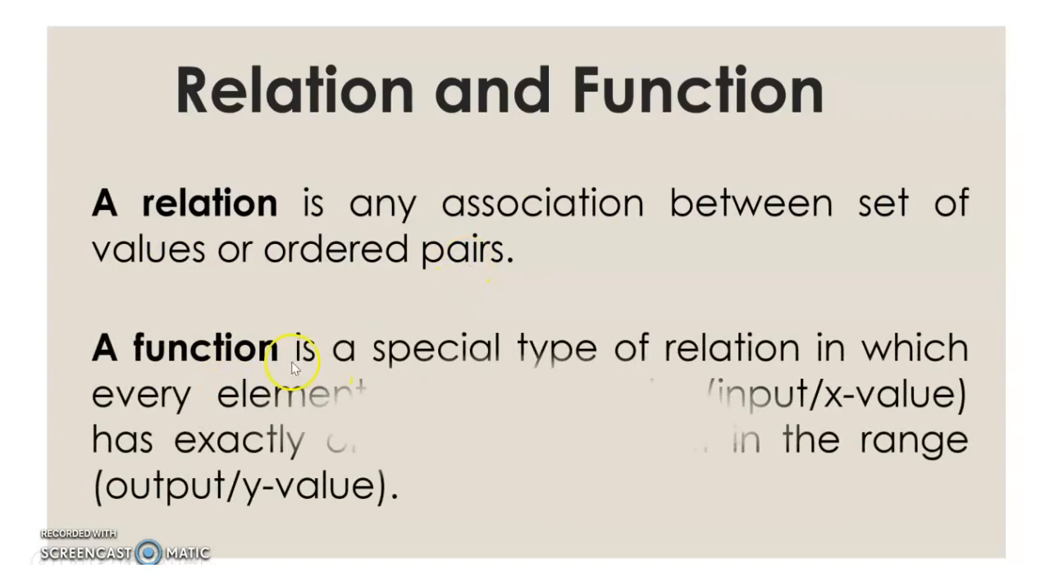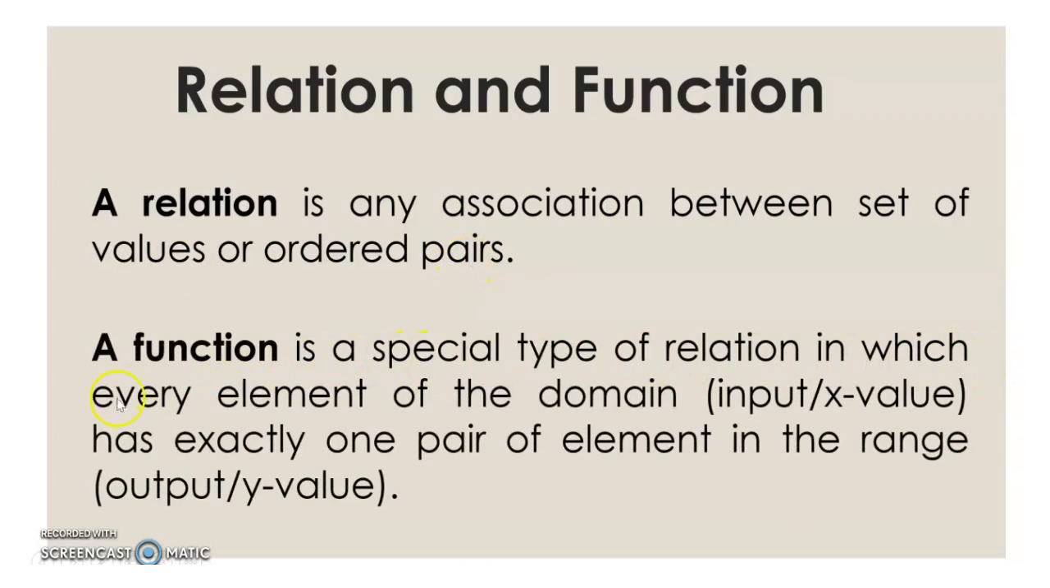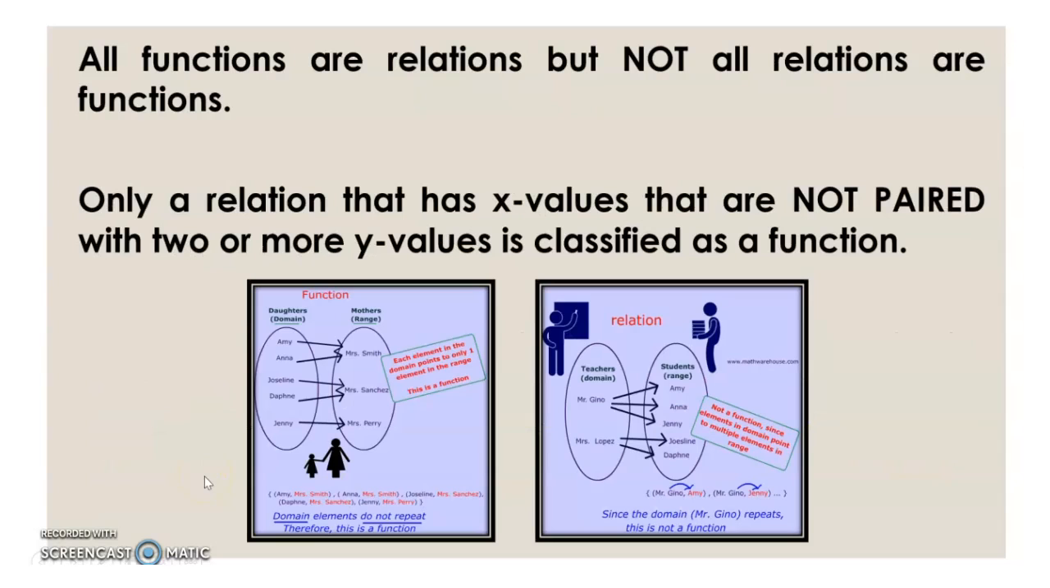A function is a special type of relation in which every element of the domain, that is the input or the x value, has exactly one pair of elements in the range. Now take note of this, all functions are relations, but not all relations are functions. So only a relation that has x values that are not paired with two or more y values is classified as a function. So our first figure is a function because each element in x is paired with only one